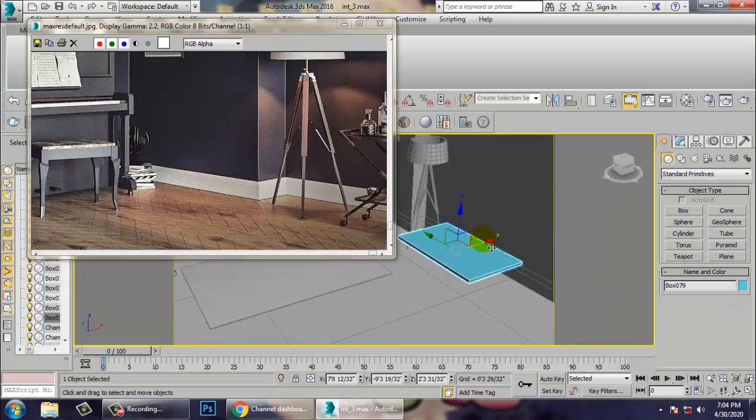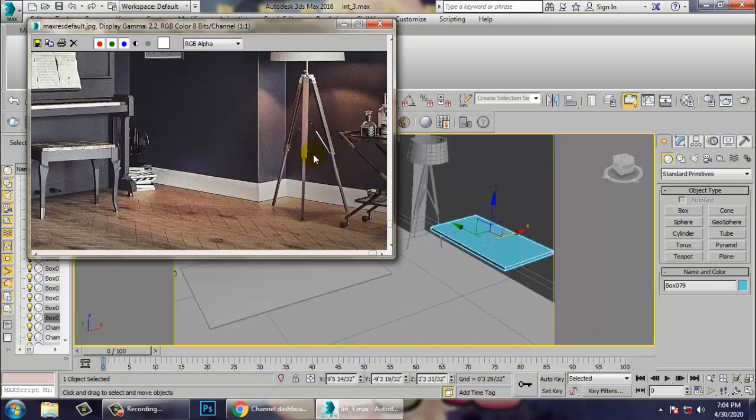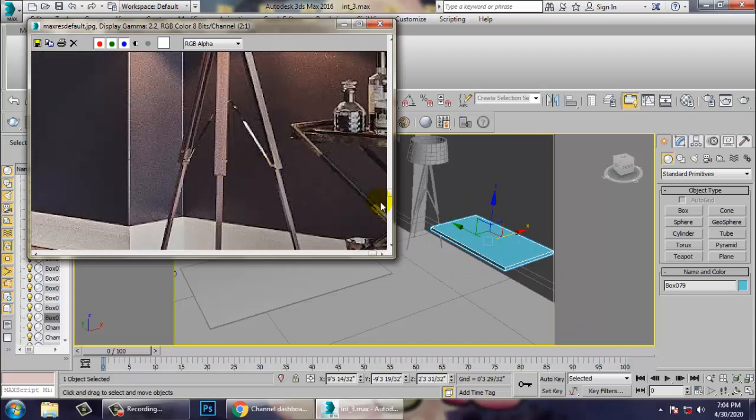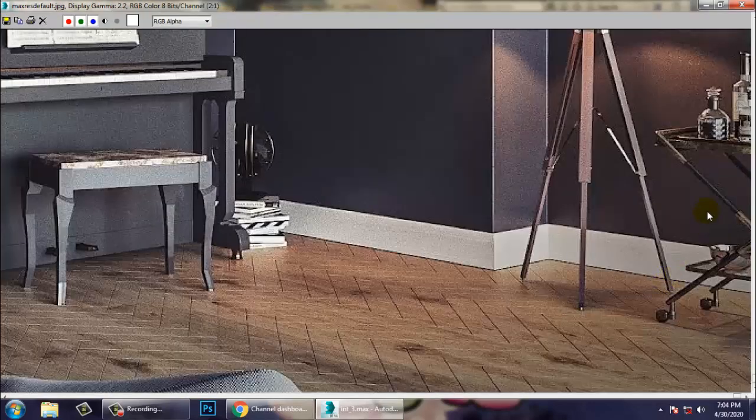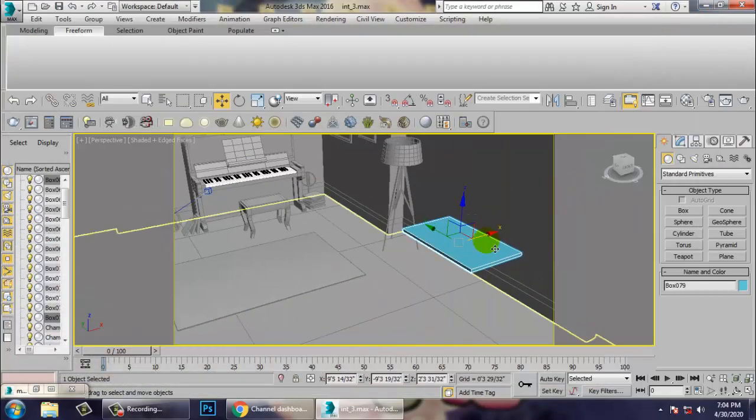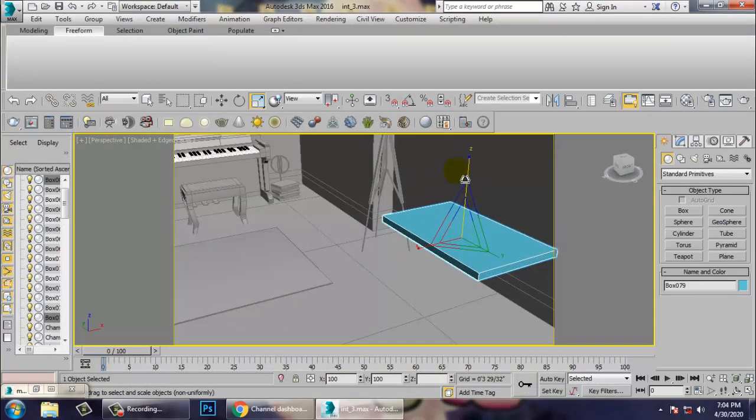So now what I'm going to do over here is, this is not that detailed. So first what we will do is scale this up.